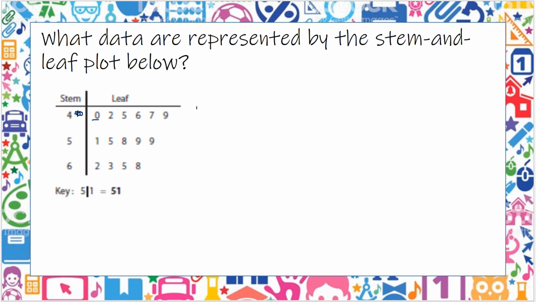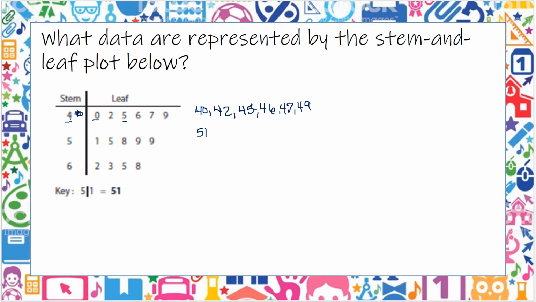So that would be 40, then 42, then 45, 46, 47, and 49. Then the next row, the 5 is in the tens place, so we'd have 50, and then the